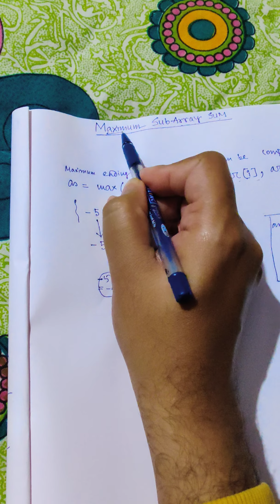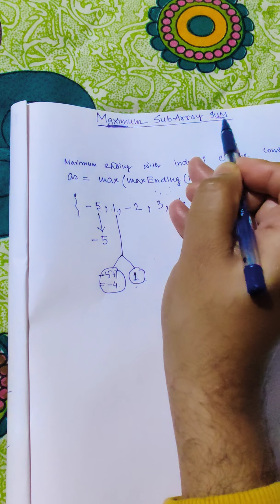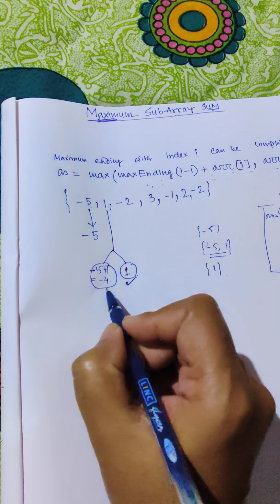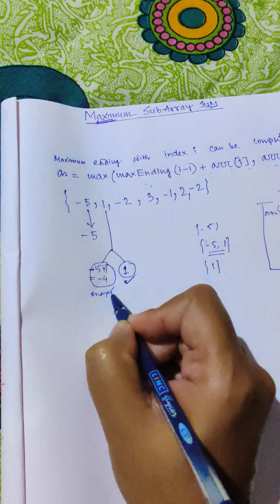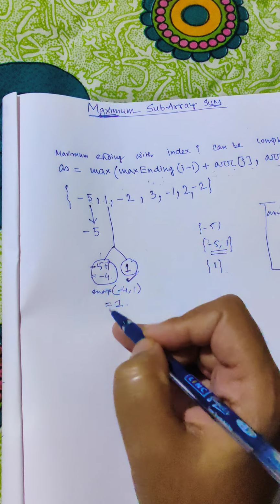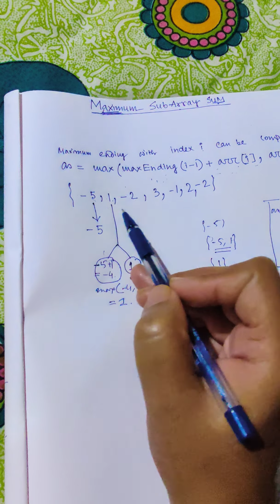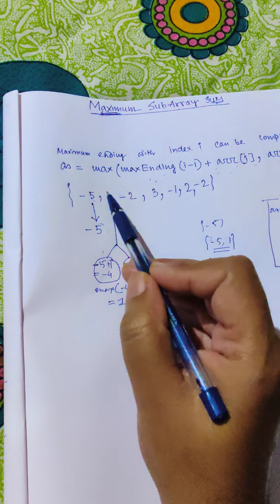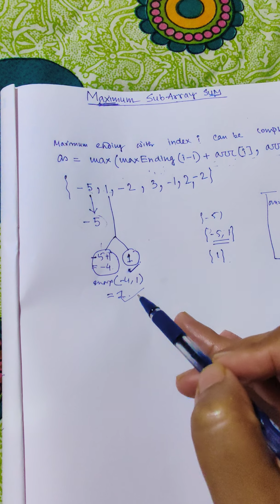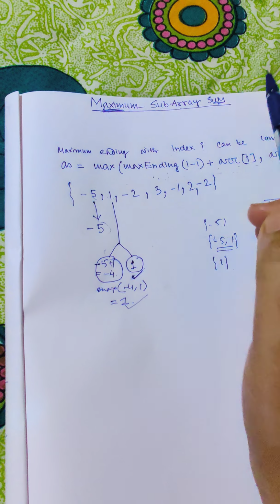As we are dealing with the maximum, we want to find the maximum summation, right? So definitely we will go with this, because the max between -4 and 1 is 1. So let's understand it in this way. In the 0th index we have -5. In the 1st index, what we have done is we have chosen 1. So that means we have improved our result towards this goal, right?